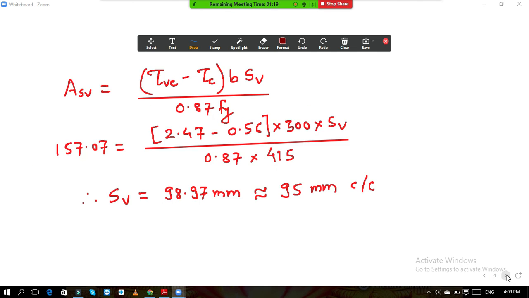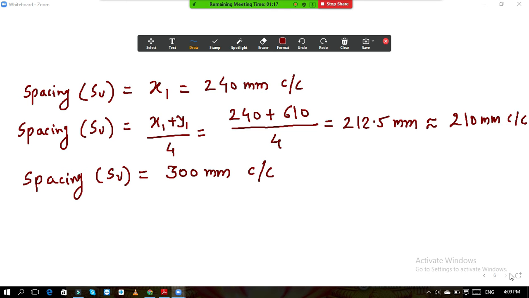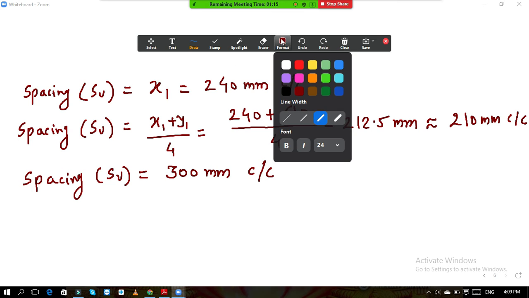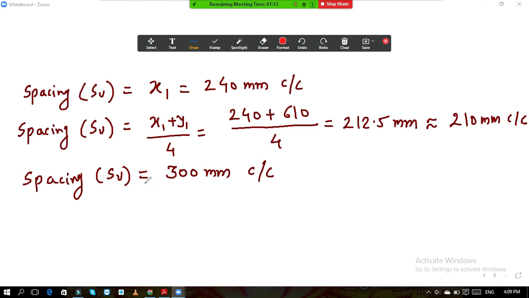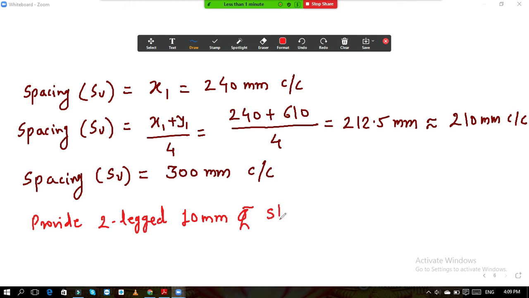The least of that is 90 mm, so provide that. We can write over here: provide two-legged 10 mm diameter stirrup at about